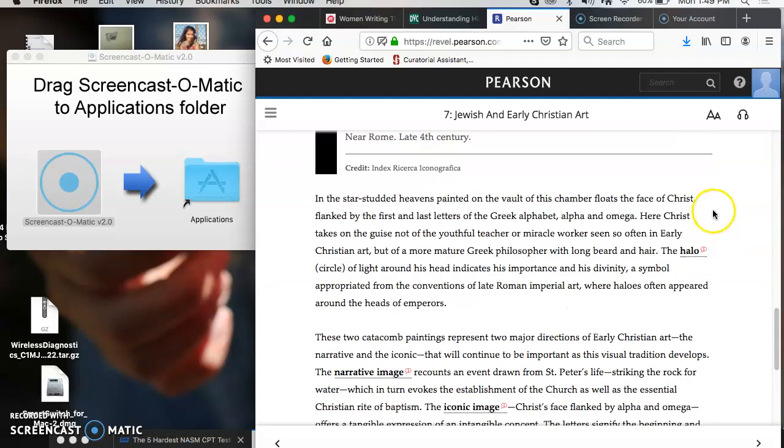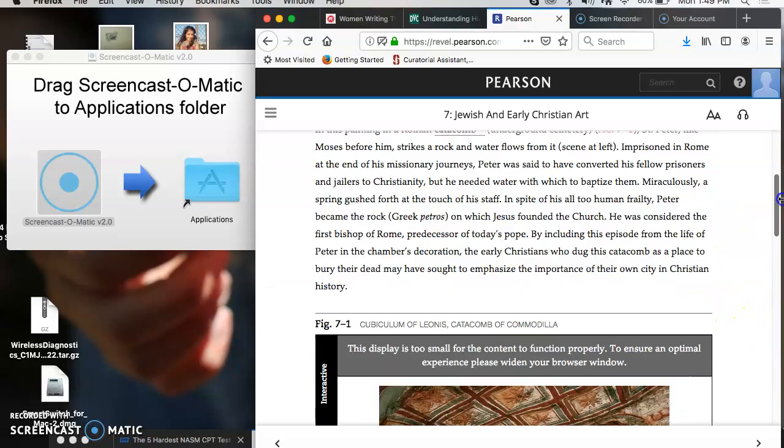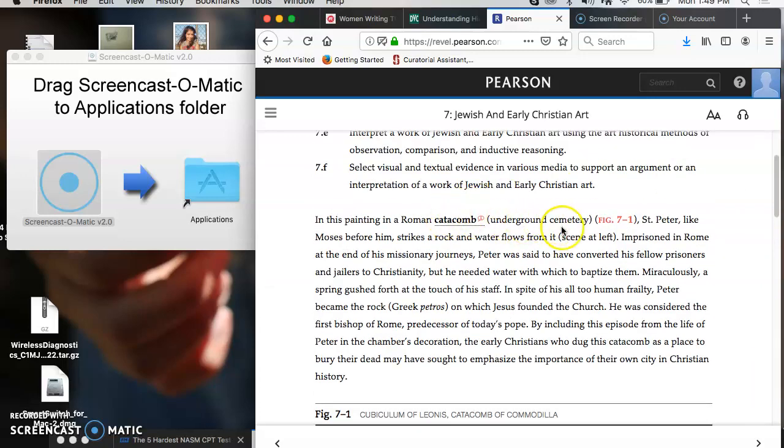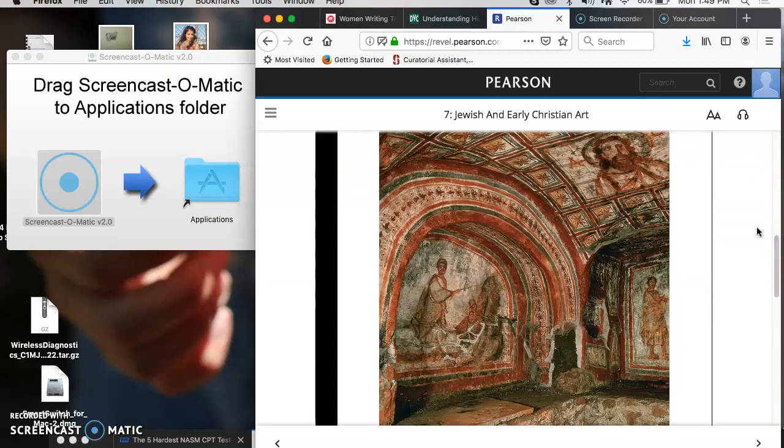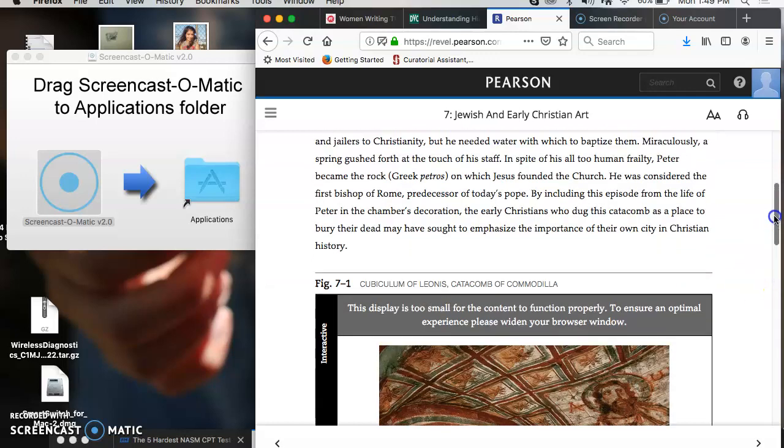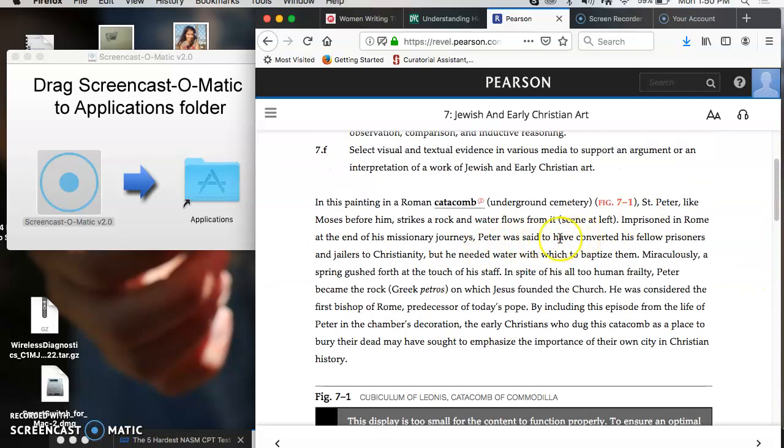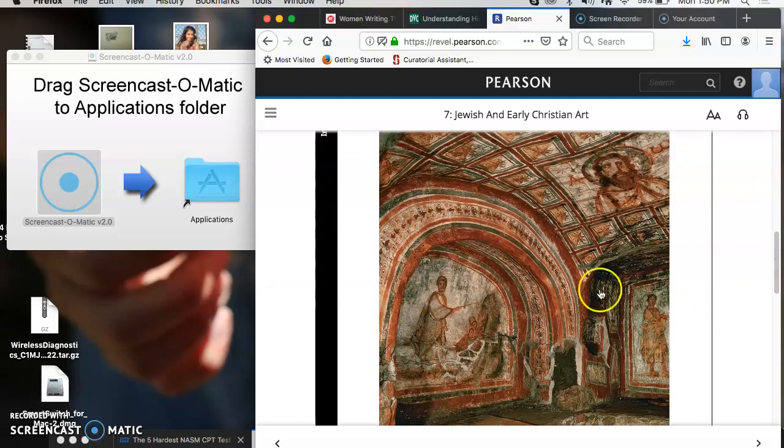And I want you to pay close attention to how they introduce and analyze this artwork. They start with the story that's depicted, the story of St. Peter right here, and a miracle that's recounted of Peter converting others to Christianity, needing water to baptize, not having it, and striking a rock and getting the water. So they want you to think about how the artist is enacting a story with the action of the hand here and the rod striking the rock, the sense of this person, Peter, turning to look at you